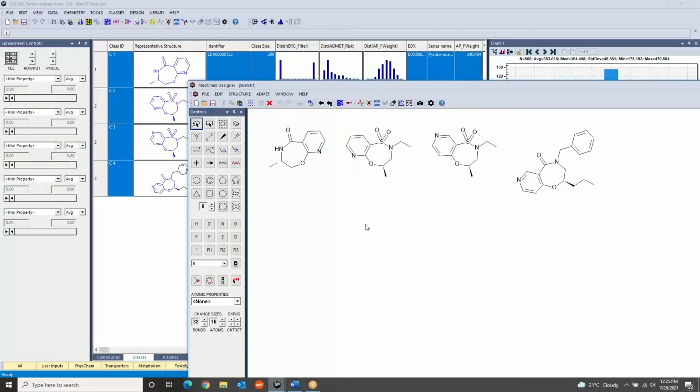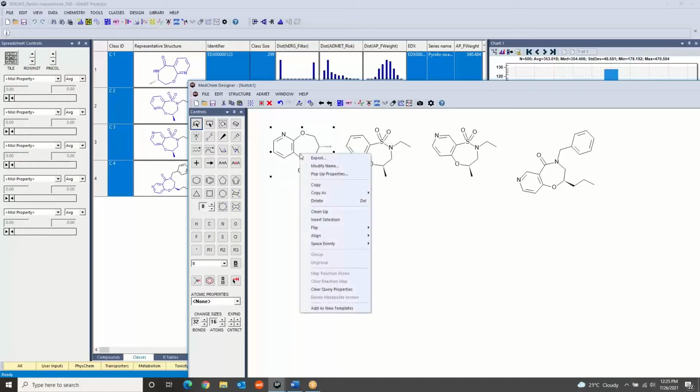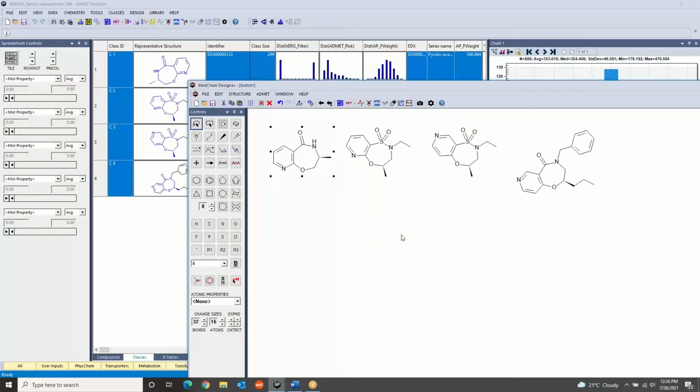And the first thing we'll do is put the first compound in an orientation that we like. So what you would do is just lasso this compound, right mouse click and clean up. Okay, and that's going to put the compound in a preferred orientation. But of course, you can tune it to your preferred orientation. In this particular case, I may want to flip this compound vertically if I want to see the carbonyl up, for example. Then if we select all of these compounds,